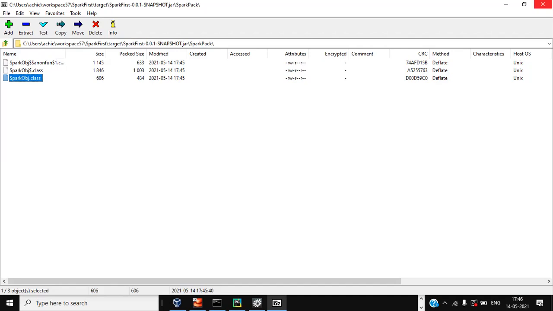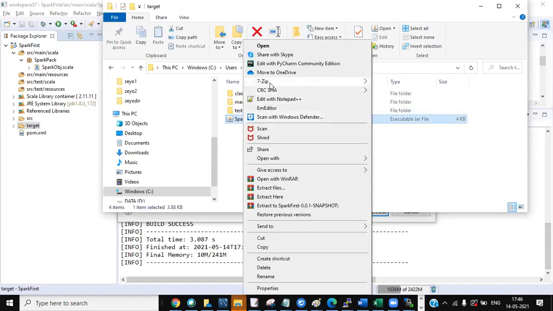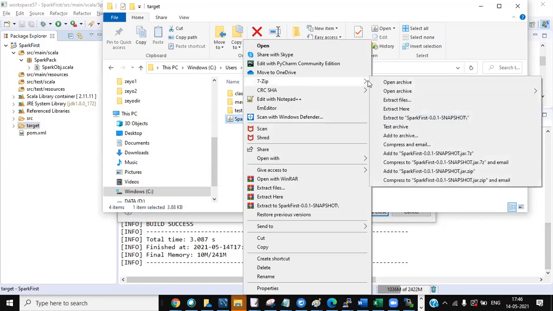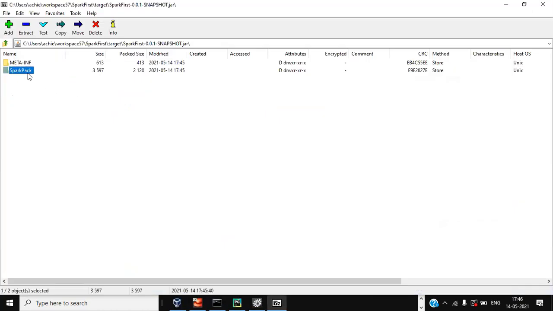The Spark pack may not be available at times, and only META-INF will be there. That means your jar is not properly built. You should have this package, and inside that package you should have the object. Then only it is properly built. Don't forget to close this 7-zip. That is very important. Once you open and check, you must close it or else it will give some issues.